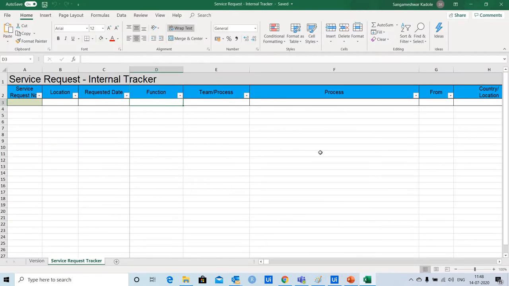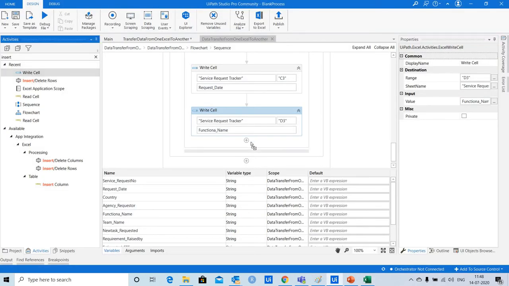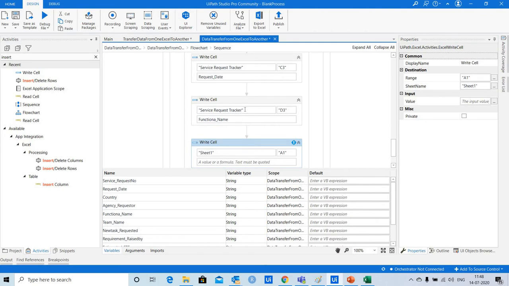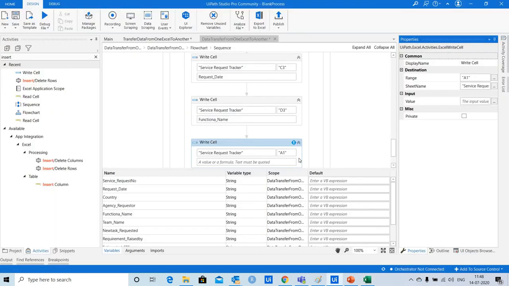So next I need to capture the team name. Team detail data I want to write in the cell E3. So again I am going to use one more write cell activity. The sheet name is the same, so I'm going to copy it from the previous write cell activity, and the cell number here is E3.